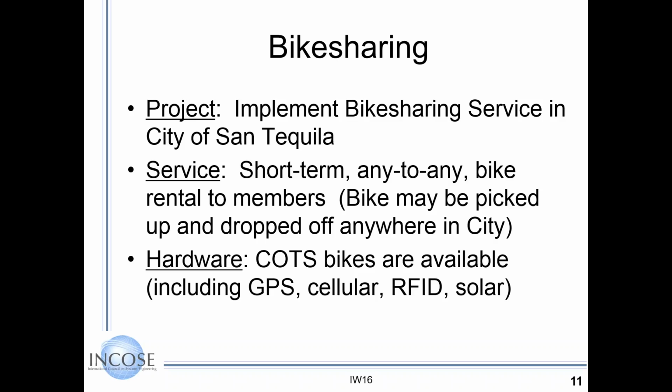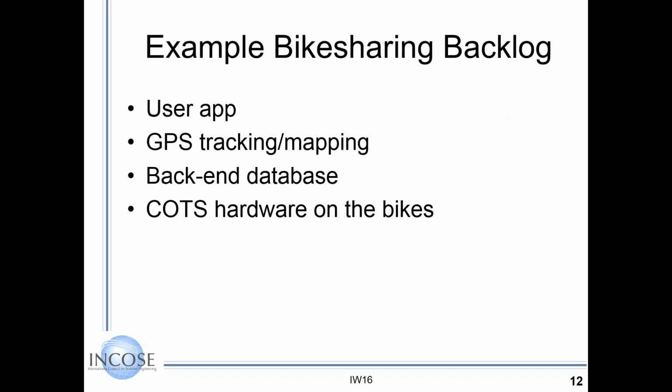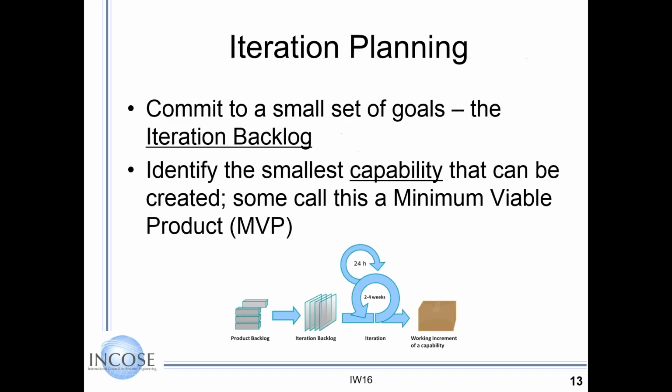Power available. This is an example of perhaps a project, and here could be a definition of a beginning backlog. So you want GPS tracking and mapping, a database, and bicycles. So you want to be able to buy yourself. You don't want long lead times. And it's very high level, a definition with some detail to it, and you want your team to pick the best. So then you go into iteration planning.